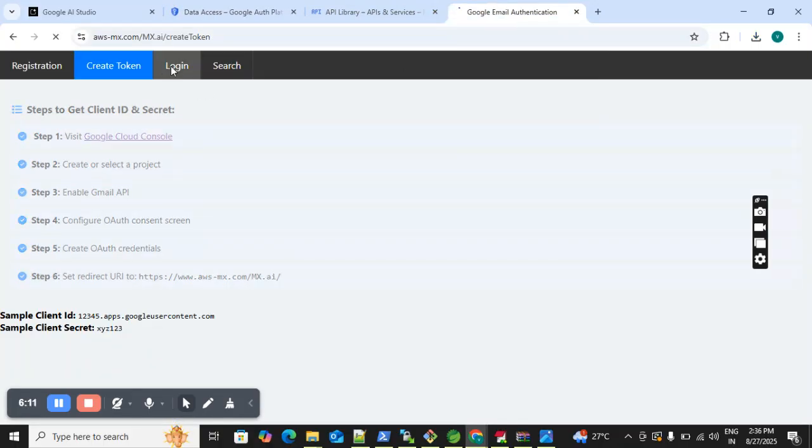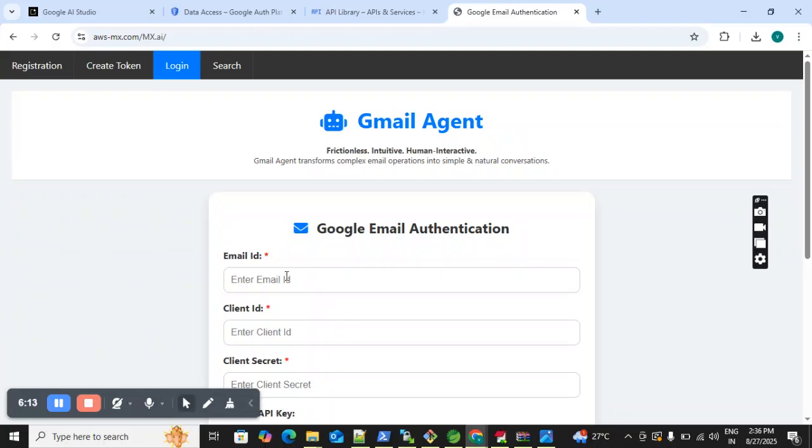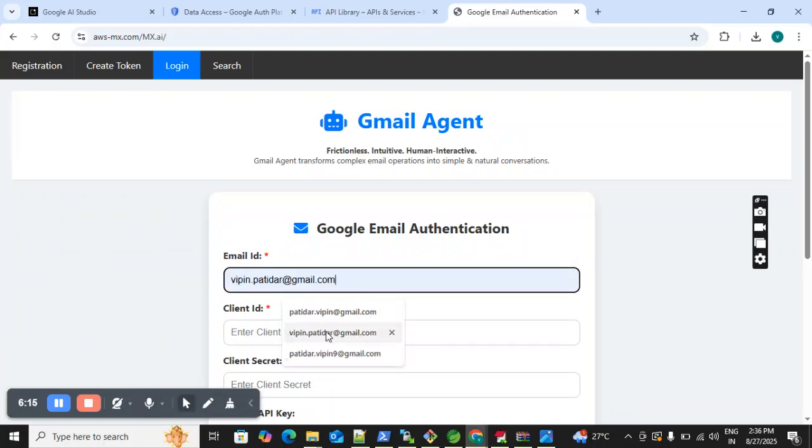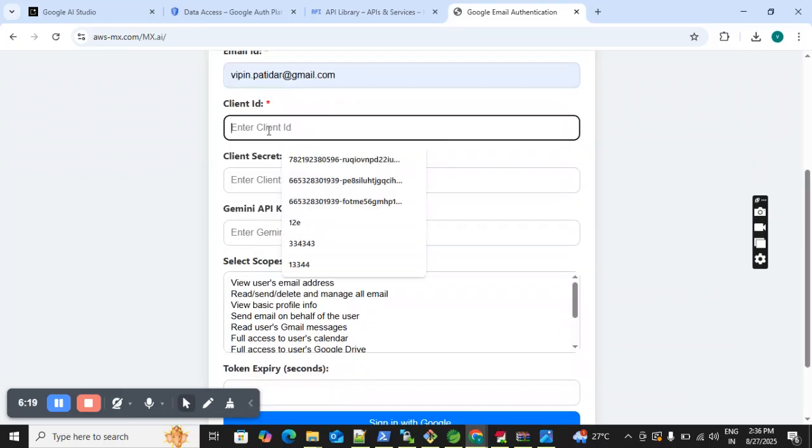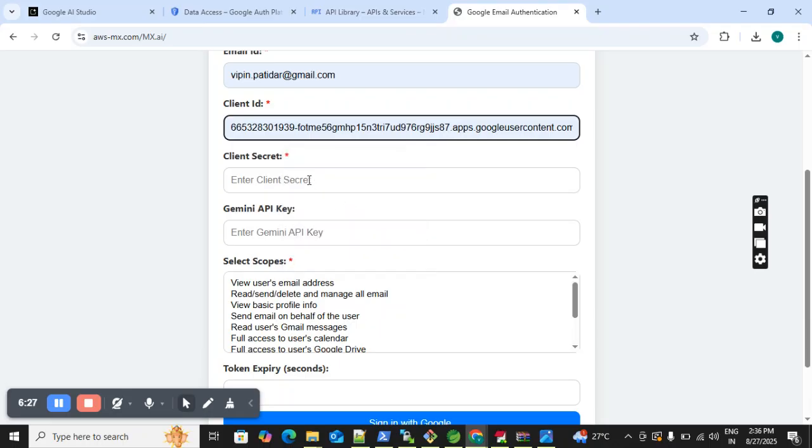So you go to the login page and then enter your email ID, vipin.patidar, and then enter your client ID. So I had already created one client and I noted the client ID and secrets. So I'm selecting the same,